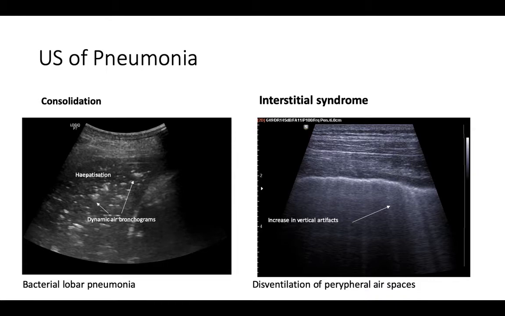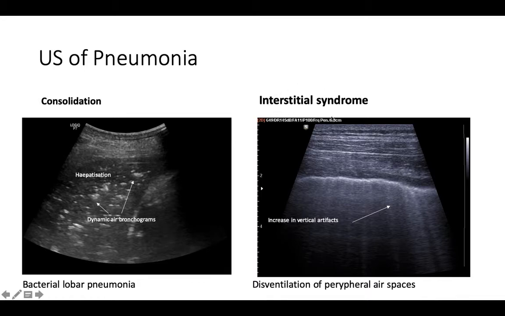So let's look at pneumonia aspects on ultrasound. The typical condition of pneumonia is a hepatization of the lobe with dynamic air bronchograms inside, that are residual air in the airways in the involved parenchyma. This is the typical appearance of a bacterial lobar pneumonia, the consolidation. But usually the initial aspect of